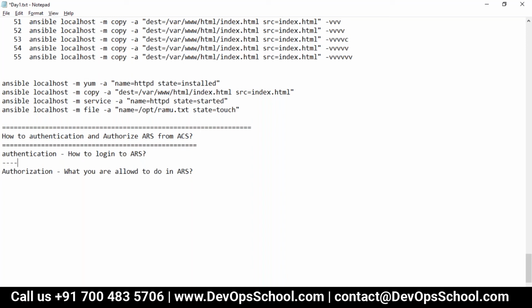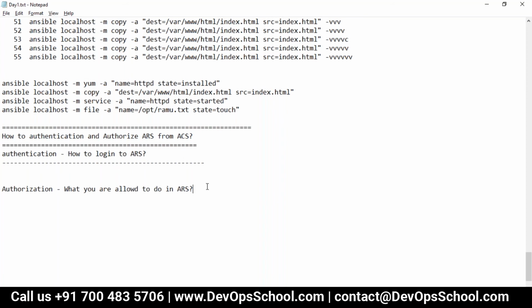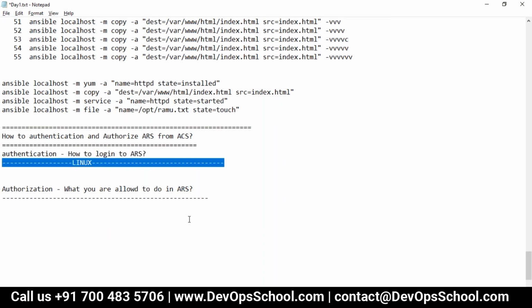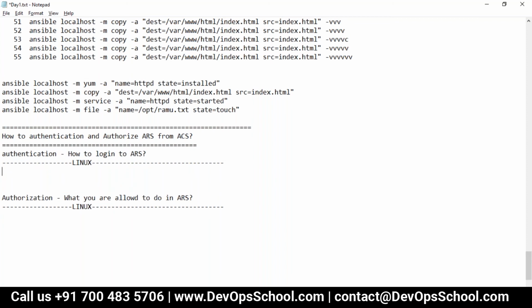Guys, how can you authenticate from one Linux to another Linux? We can use multiple methods here. We can even use passwordless authentication, or password-based authentication, or AD authentication. Great, so you have answered my question. Thank you very much.